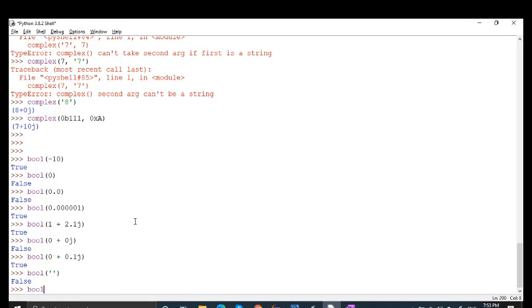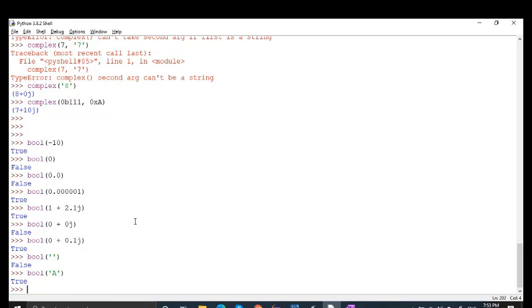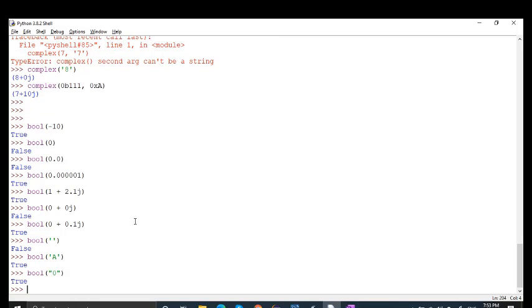But if I write in the string a only, it will generate true. Bool of the string '0' will give you true, because 0 here is a string, not a value. It is a non-zero value of type string. It will generate true.